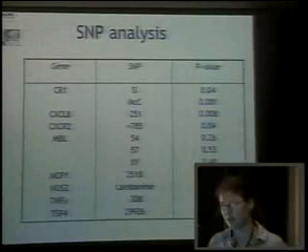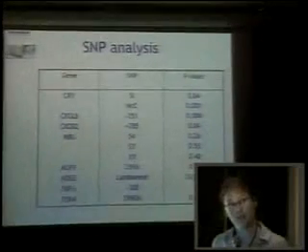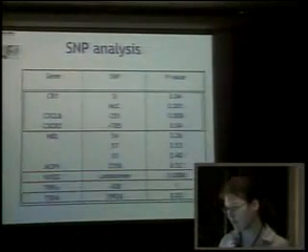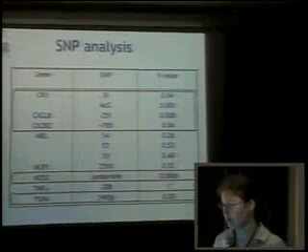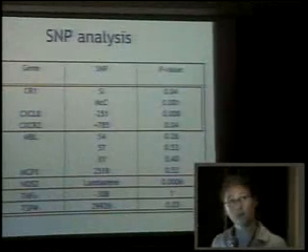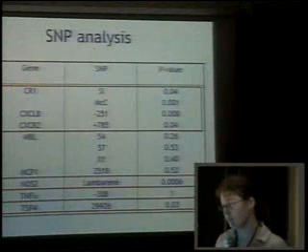So when we summarize our SNP analysis based on these genes, we actually found the following. We found quite some genes which were different between patients and healthy controls. We found genetically different